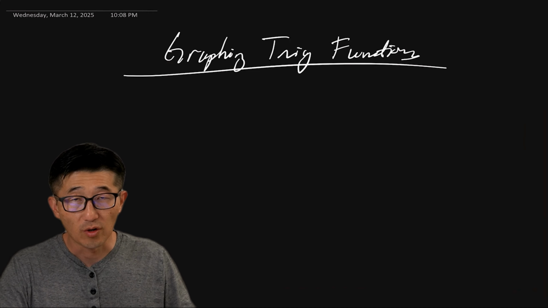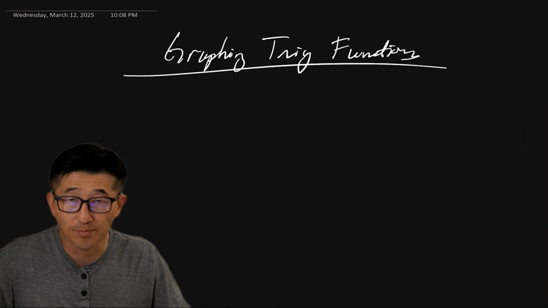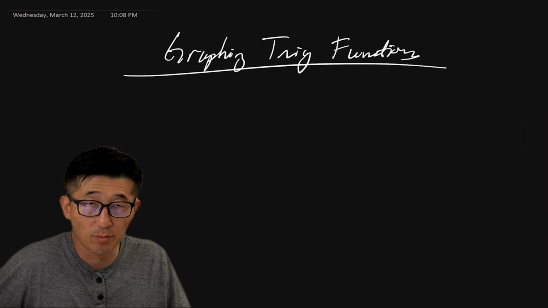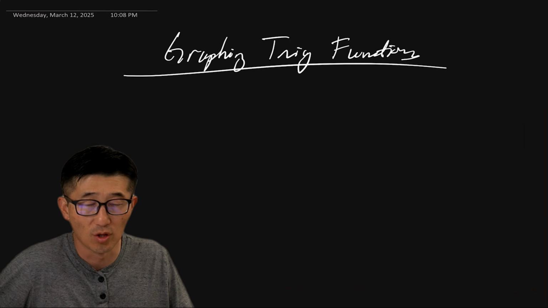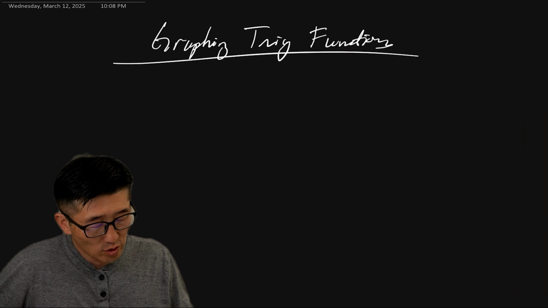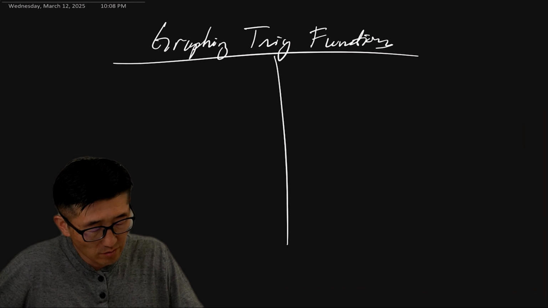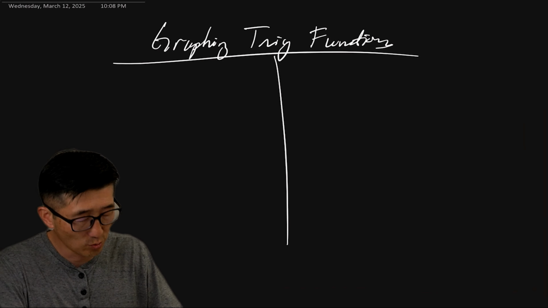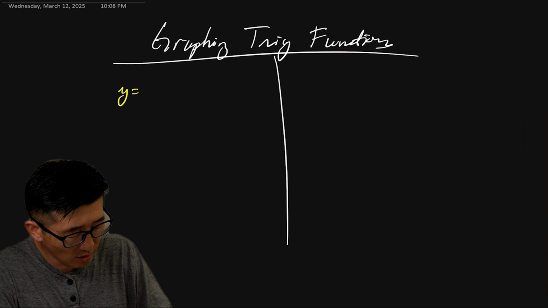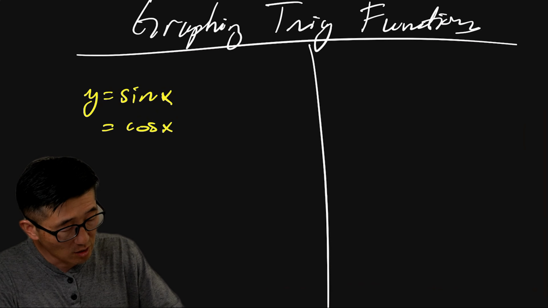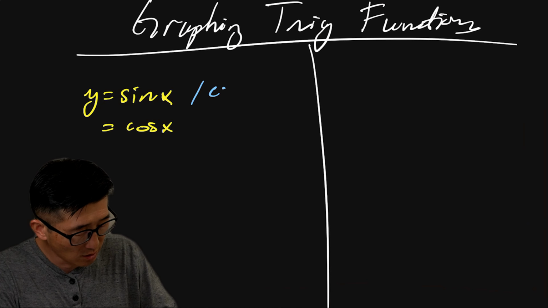A tutorial on graphing trig functions. I'm going to try to make it as thorough as possible, but without taking too long. Okay, to graph trig functions, you're going to basically divide them into two main groups. One's going to be on graphing sine x, cosine x, and their respective reciprocals, like cosecant x and secant